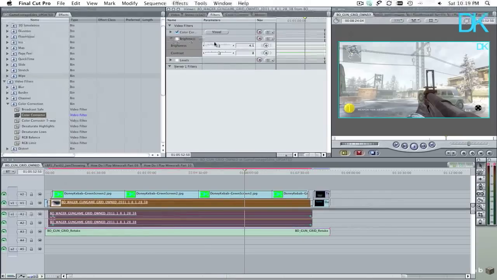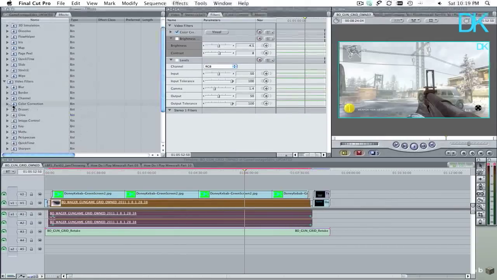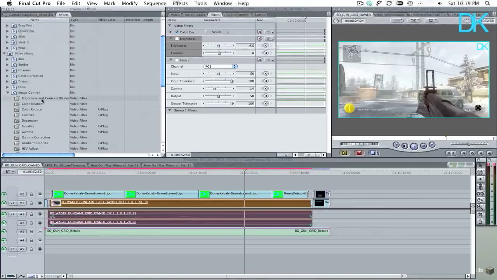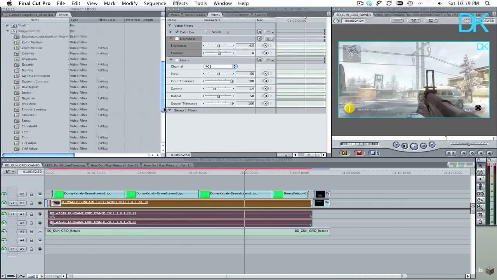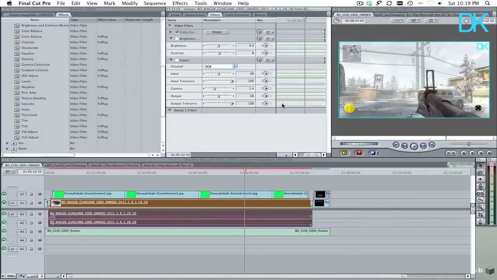The most important ones are the brightness and the levels. Again they're found in here, I'll show you. Image control, brightness, contrast, drag that on, and levels, drag that on. See there? So like the levels, I have a sort of preset. As you can see, it's a little bit washed out, it doesn't look amazing. So we're going to knock it back a little bit to make it darker, but then obviously that's why we need the brightness contrast. So on the levels, I tend to change the gamma to